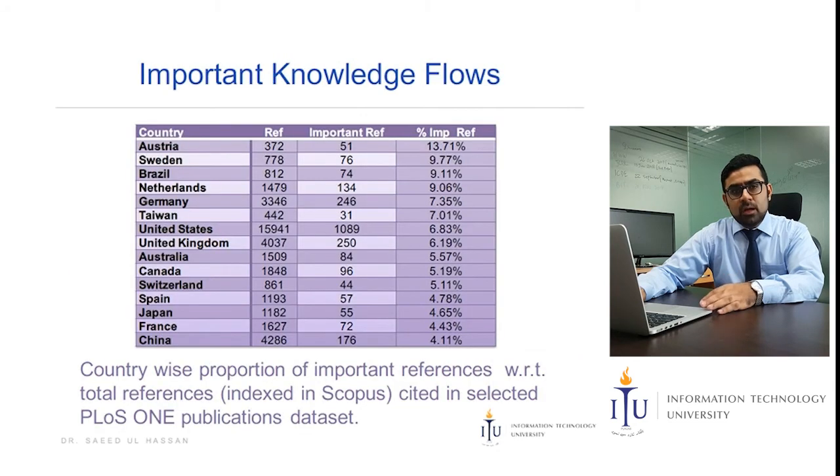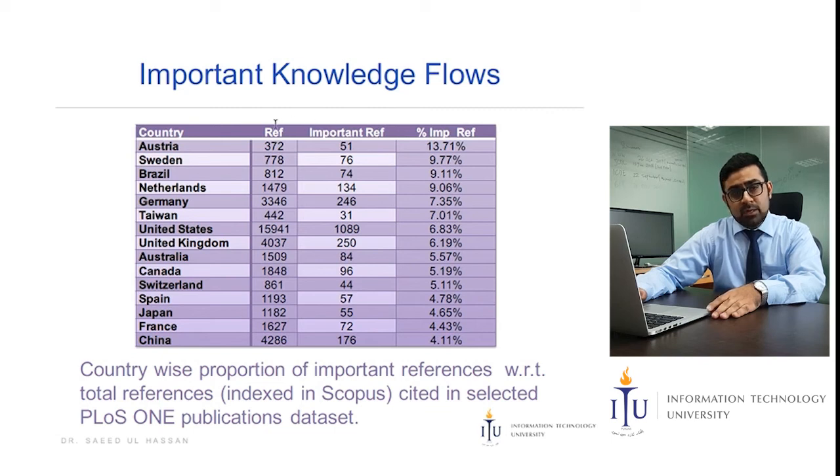We also wanted to show that of the total references being made from a given country, what proportion is actually the important one? Because in some cases, some countries may not be publishing a lot, so they end up offering very few citations to other countries. And in this analysis, what we did, we normalized the total references